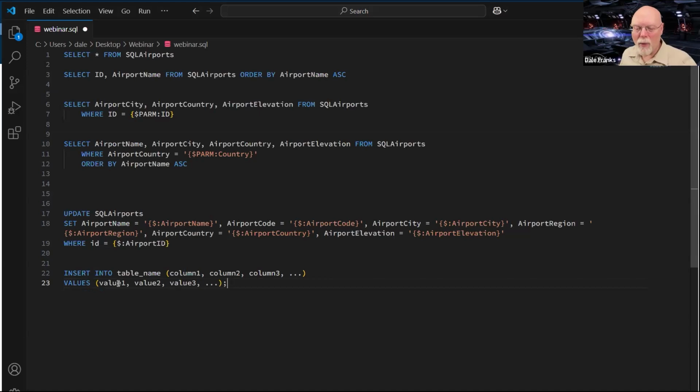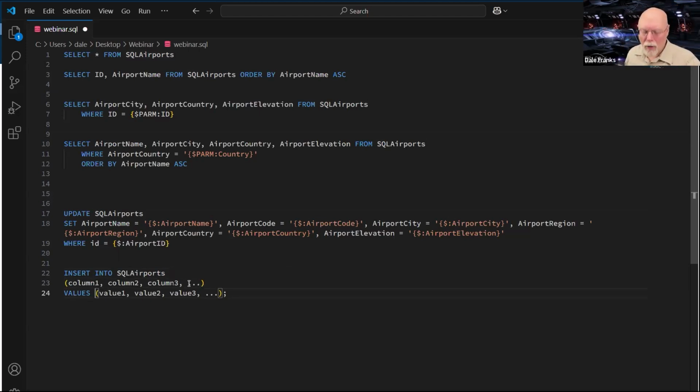Here's the way that it works. They separate out the column names and the values. Insert into SQL airports. And now I'm going to do something, and the reason is that it makes it easier to follow because this gets kind of complex.